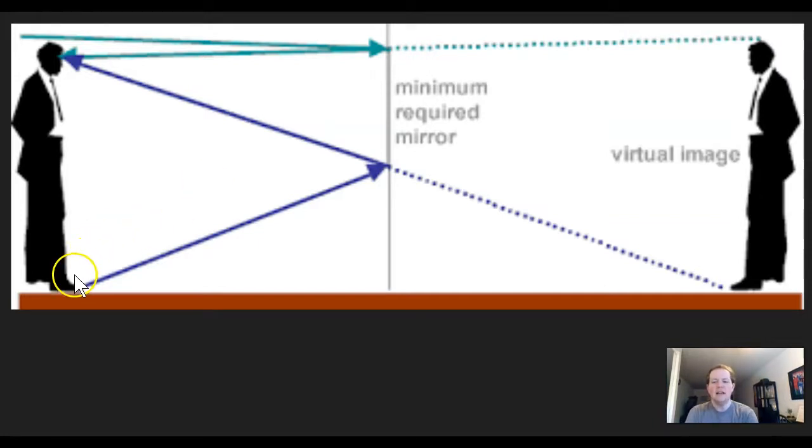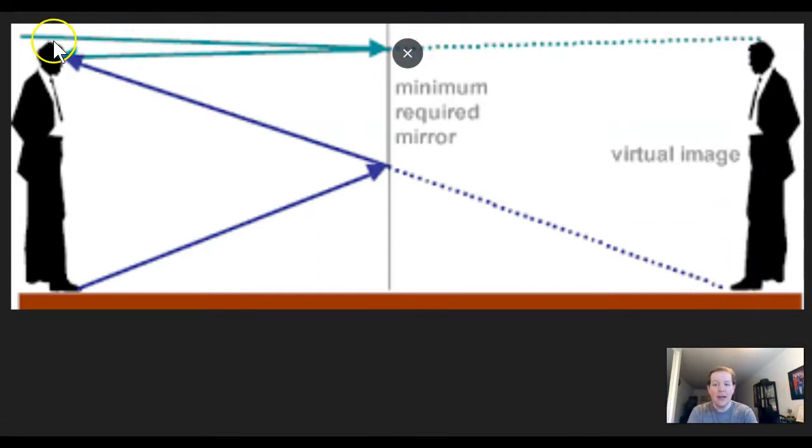Because in a mirror, light from your shoe, this ray of light normally wouldn't enter your eyes, right? It's going up and to the right. But if it hits a mirror, it bounces off. And now that ray of light, those waves, are going this way. They enter your eye. Your brain's like, oh, I got light. Your brain always assumes that light travels in a straight line. Your brain does not know that it bounced off of a mirror. So your brain assumes the light came from somewhere over here. So it forms that image of brown leather on your shoes right here.